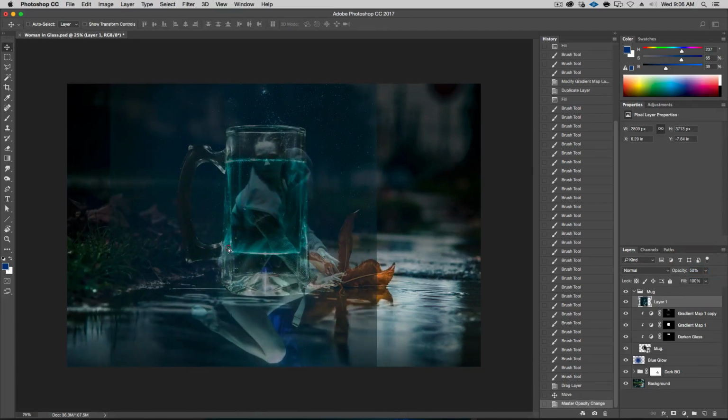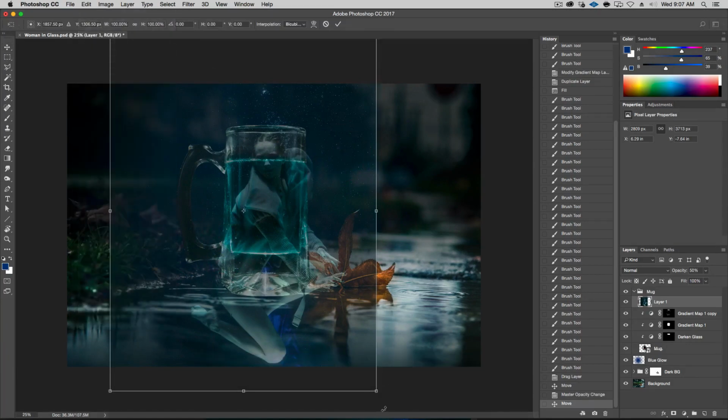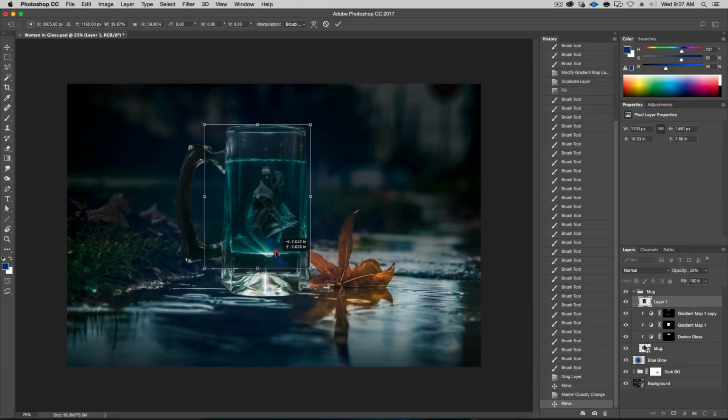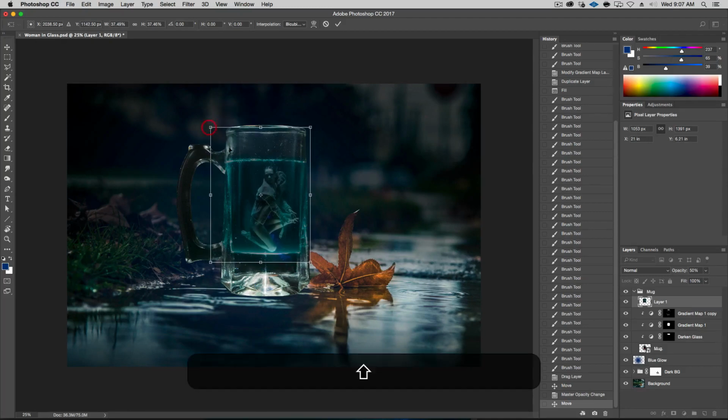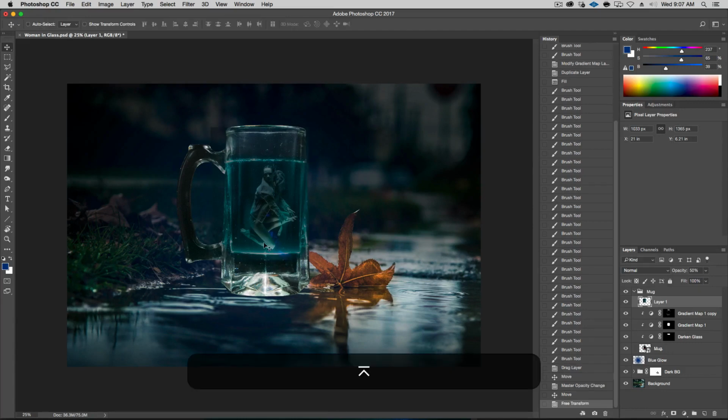happening here. Okay, hit Command T or free transform right here, and let's go ahead and shrink her a bit. I would put her somewhere here, a little smaller, just to be under the line over here. So something like this, and a little higher here so we can have some of that light. It looks like it's reflecting off here, which is nice. All right, so something like this is pretty good. Hit return. Okay, so let's call this woman.